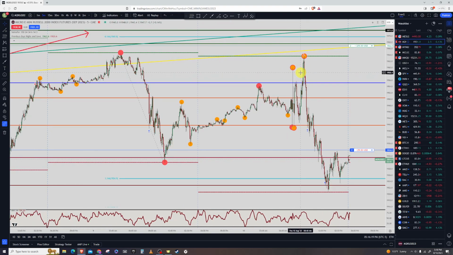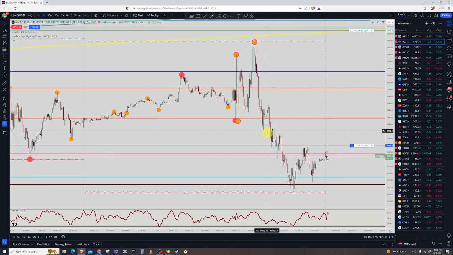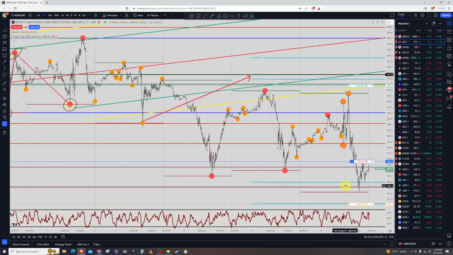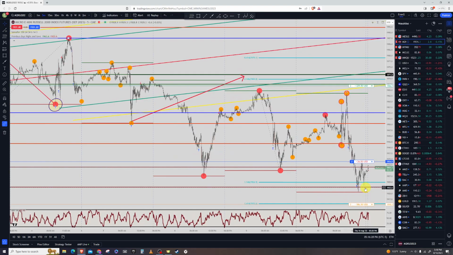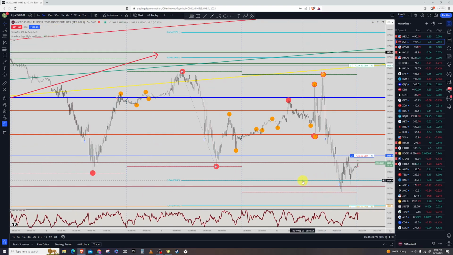So just got very fortunate there, but got in again right about here, and then had another entry all the way down here at the 200 level right here. As you can see just above it, I got in right there, because also, as you can see right here